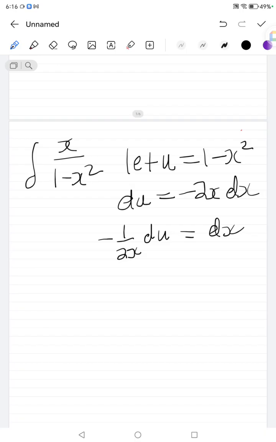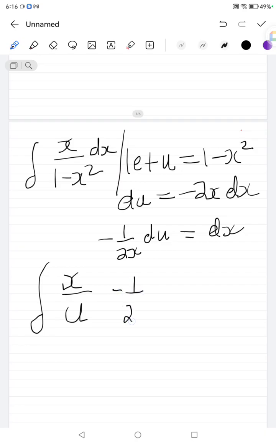Then from this, you're going to have what? You're going to have this. You have your x over your u. Then where you see your dx, remember this side we have that dx, where you see your dx, you replace it by this. You have your 1 over minus 2x du. This cancels this. Then you're left with 1 over u times minus 1 over 2